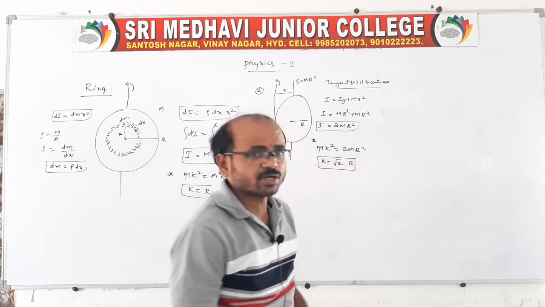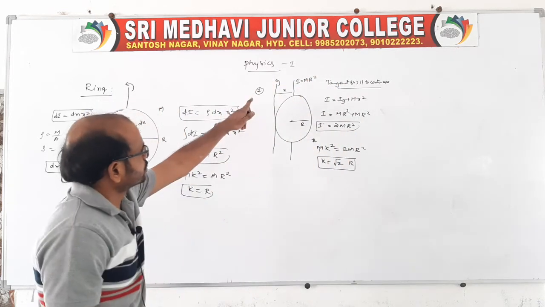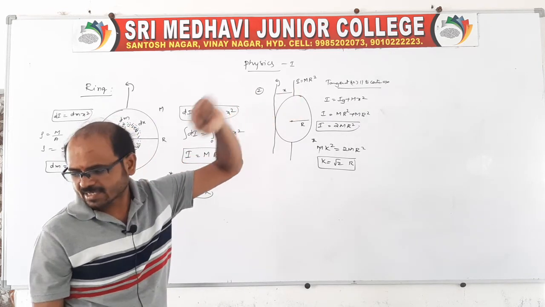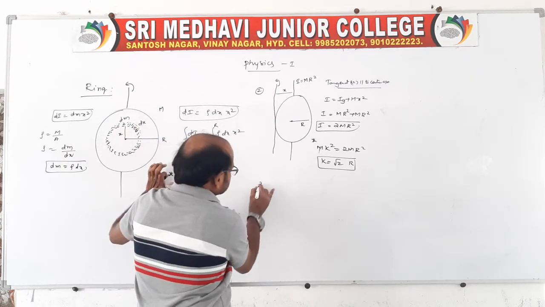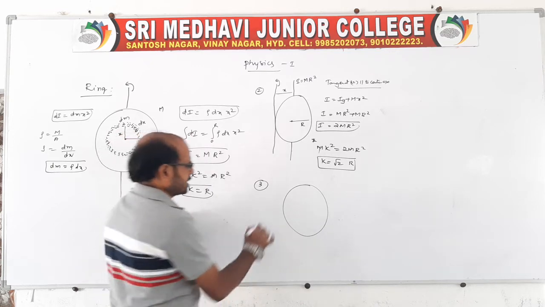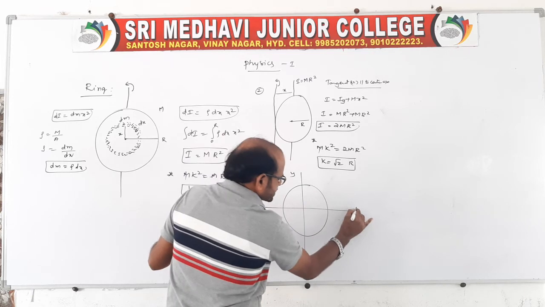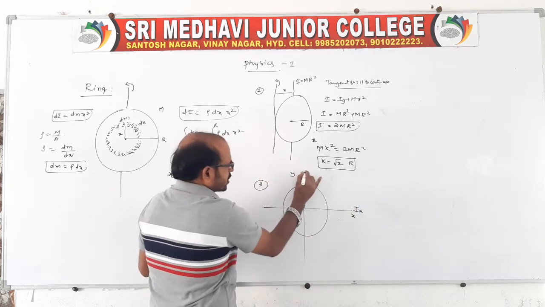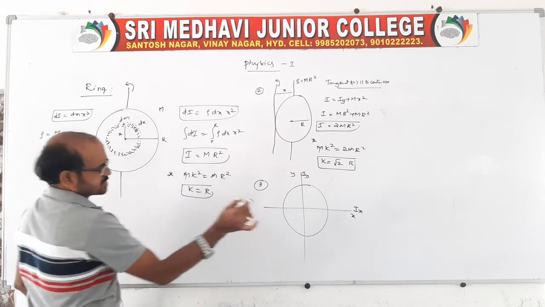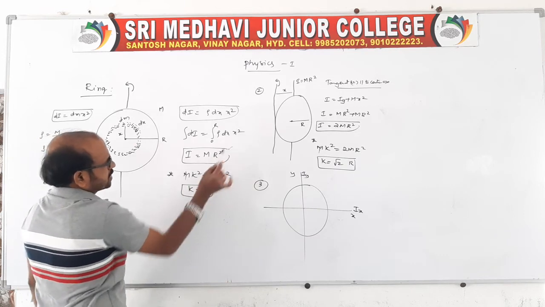It is the case number 2 for the moment of inertia about an axis passing through the corner or tangent, we can call, or parallel to the center axis. And third, I would like to tell you like this. See, about any diameter now, any one diameter. For the ring we can take a diameter, it is the x axis and it is the y axis. About the x axis we say moment of inertia Ix, about the y axis moment of inertia Iy. But we know the center, passing through the center in the sense is this only, no? That is, we know already moment of inertia is mr square.